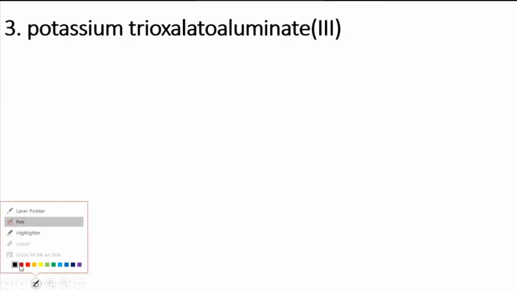Okay. Let's see whether your answer and my answer match. Were you able to locate what type of complex this is? It's an anionic complex, because you can see a metal here. First, if you find a metal, that means it's an anionic complex. This metal is potassium, and you know potassium is K plus. So I'm writing this potassium on this side. Then the next part will be the anionic part, the complex part which you need to write. So you can see here, this is the coordination entity.